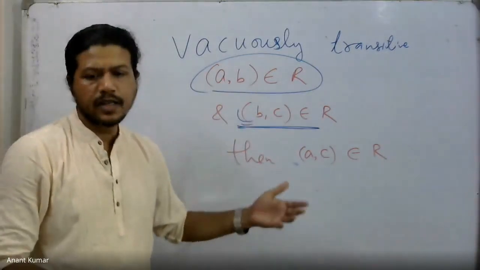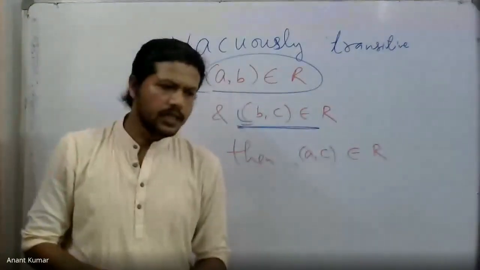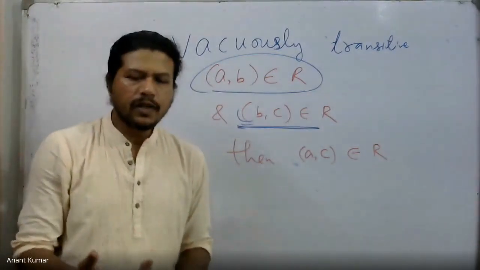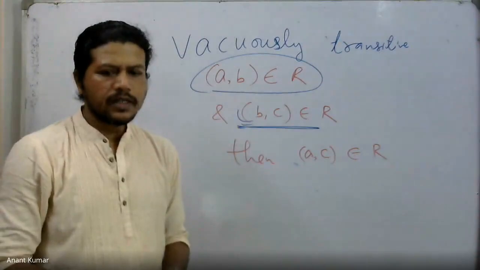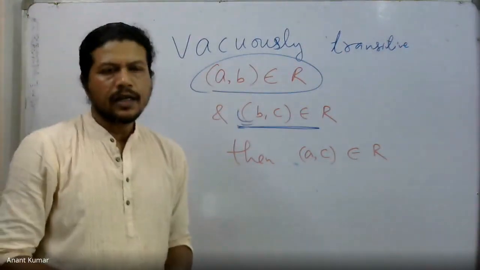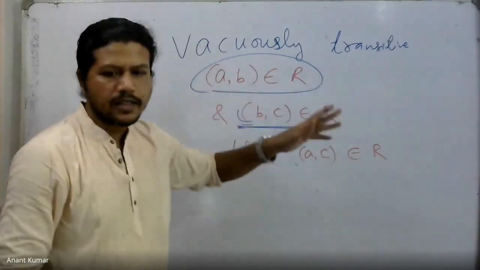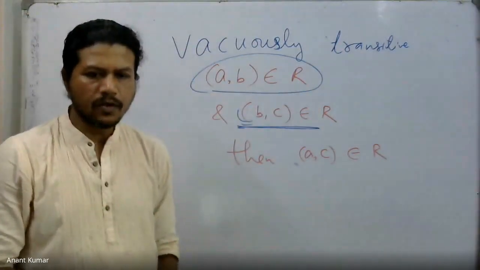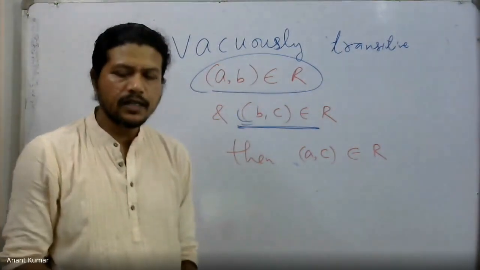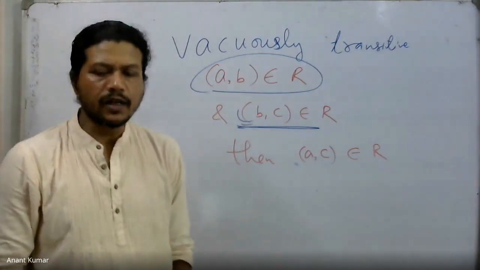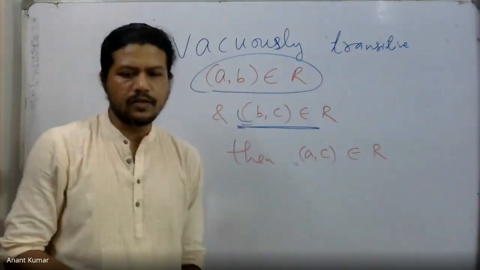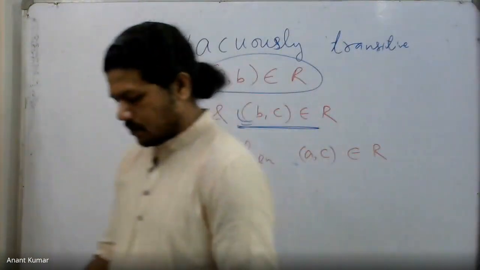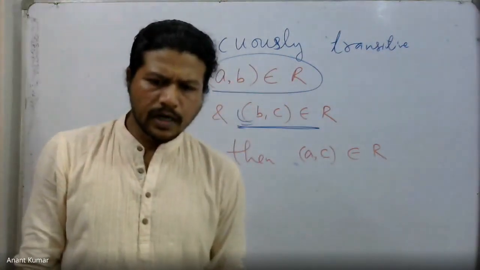There is no contradiction in this case, and therefore many people, though at least I am not in favor of that, call it this way, and in some books it is written down. They take it to be vacuously transitive. Vacuously transitive means that it's transitive because there is no contradiction to the definition. For that reason, for example, the empty set is going to be a transitive relation as well, because there is nothing to contradict the requirement. That is why they take it to be transitive. I hope that is clear enough.